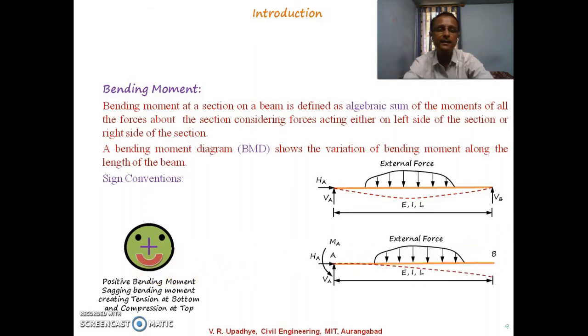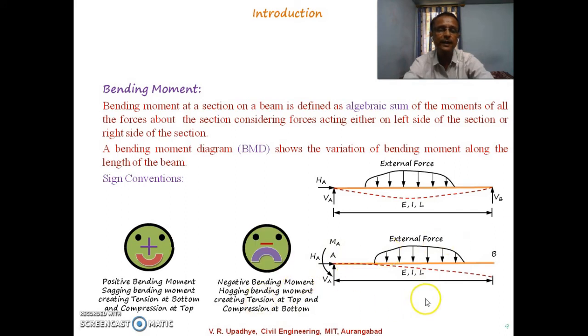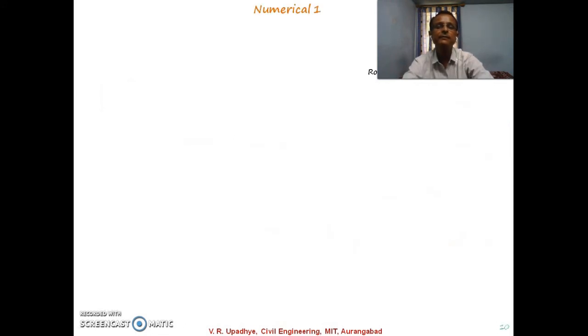And the other type of bending moment is hogging, if the deflection is something like this. This is called hogging bending moment, which creates tension at the top at a particular cross section. It will create tension at the top and compression at the bottom, and that will be termed as negative bending moment. So with this discussion, we will go further with one